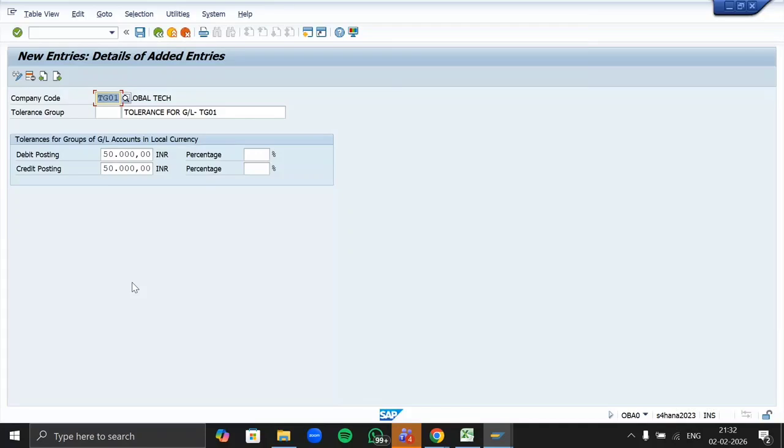Ma'am, I don't know the symbol name. In debit posting, for 50.000, we need to give another sign instead of the comma.